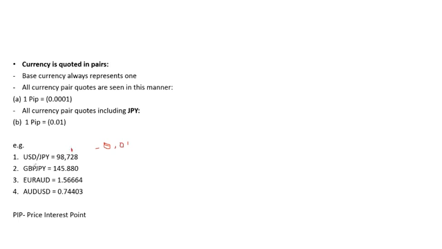Now GBP JPY, it includes JPY. So it's 0.01. Here's our pip. There's our 1 pip. This is a pip. We don't count the pipette. Now let's look at Euro AUD. Is there any Japanese yen? There's no Japanese yen. So it means that we're using the